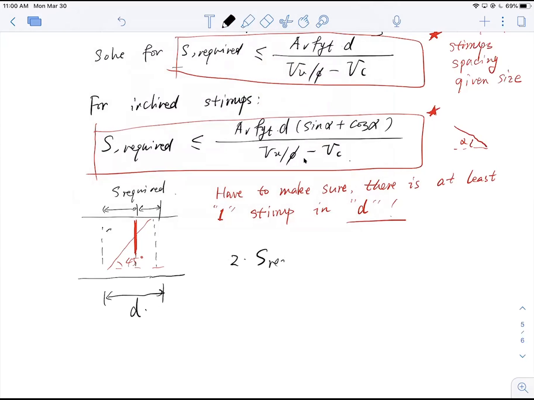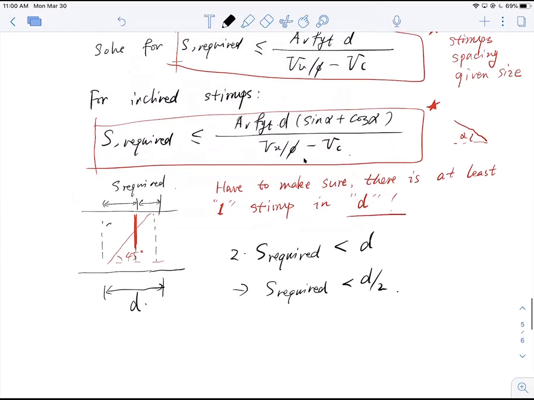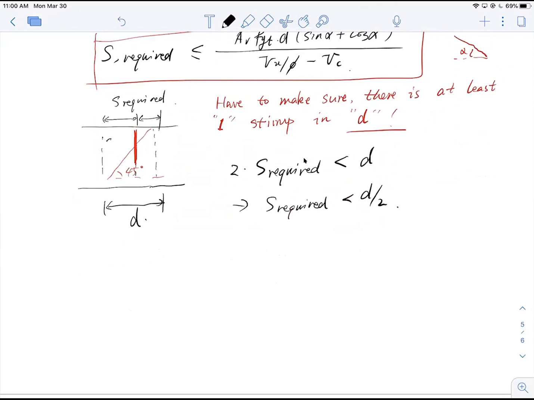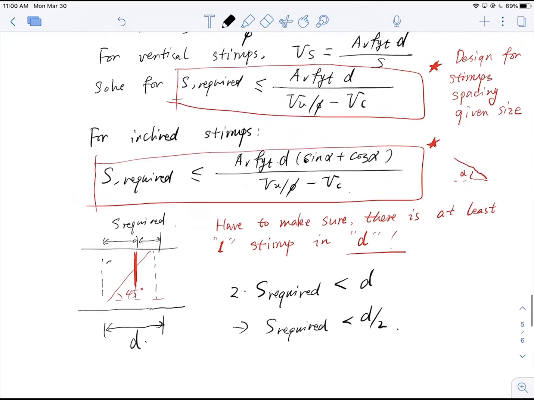has to be smaller than d. So that means S required has to be smaller than half d. So on top of all these required spacing equations, I also have to make sure